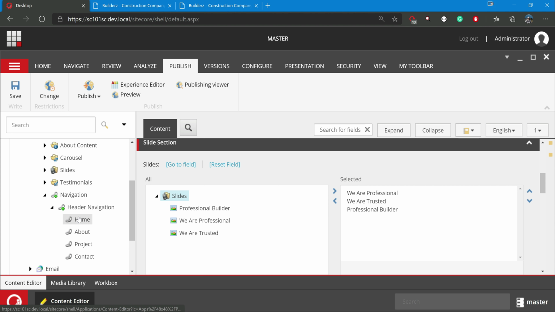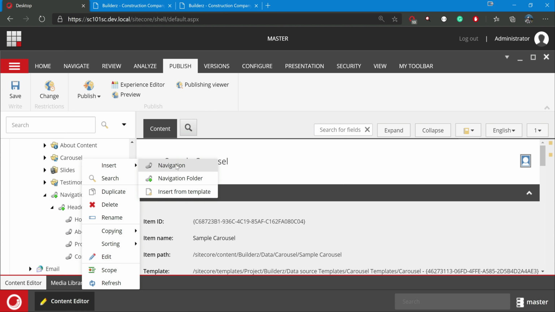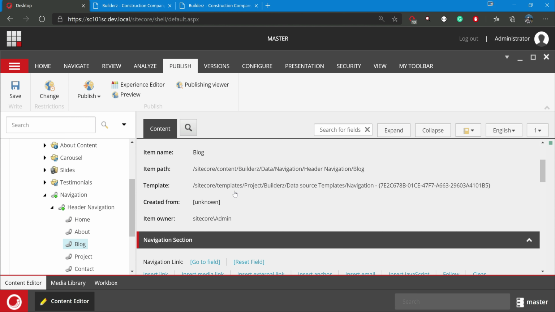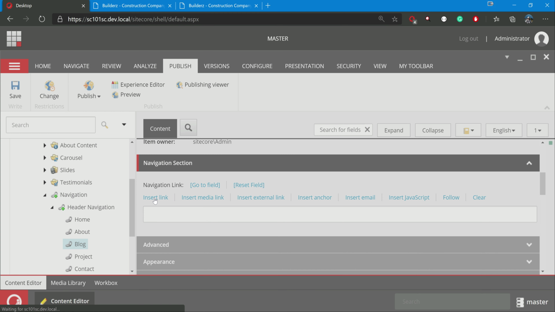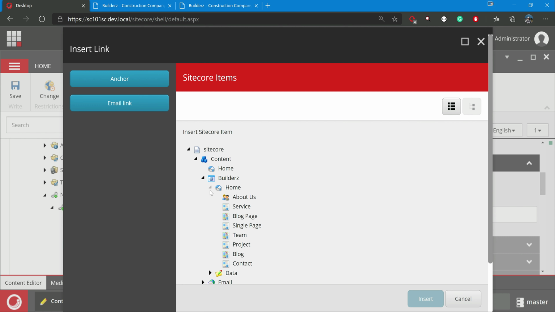If we have a little complex structure, it is better to give the flat structure here itself. So for this, let's create the structure for the blog as well. Let me go to navigation and blog. For this navigation link, there is a content, there is builders.